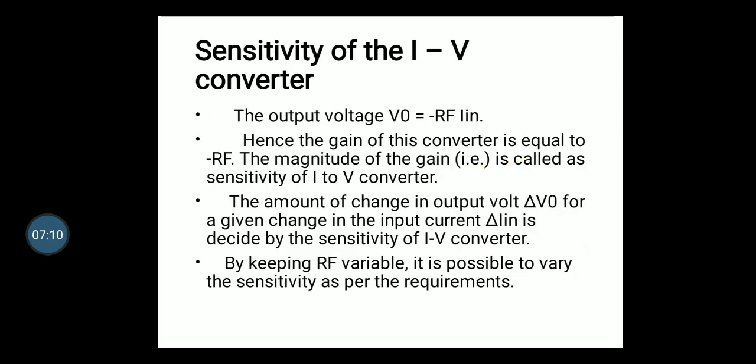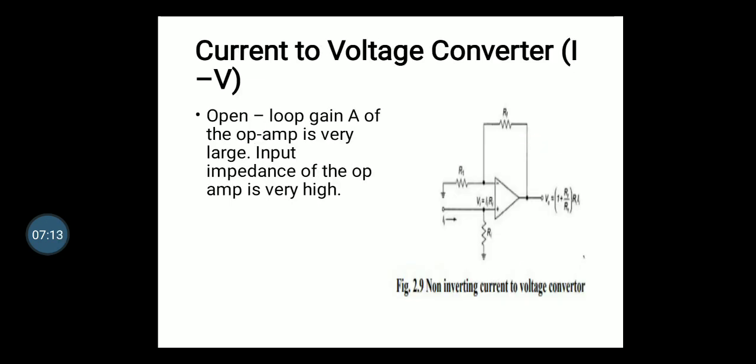Since the negative terminal is at virtual ground, no current flows through RS and the current flows through the feedback resistor RF. Thus the output voltage is V0 = −IS RF. The lowest current that this circuit can measure depends upon the bias current IB of the op-amp. This means that a μA741 with IB = 3 nanoamps can be used to detect lower current. The resistor RF is sometimes shunted with a capacitor CF to reduce high frequency noise and the possibility of oscillations.